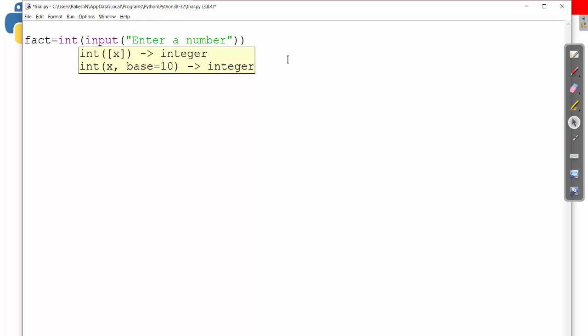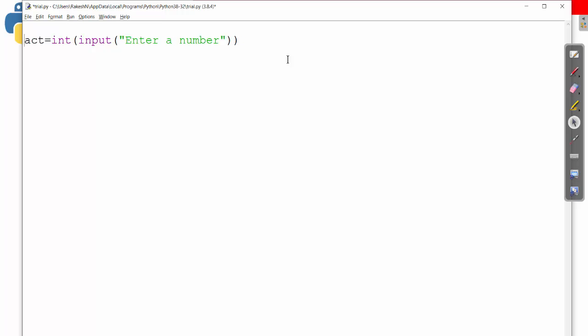Now I am taking fact as a variable, and one more variable I equal to 1.